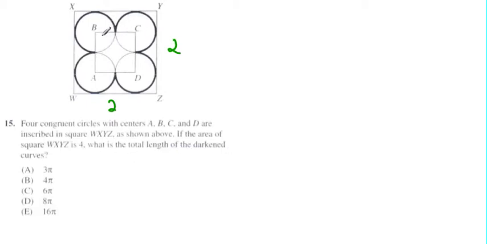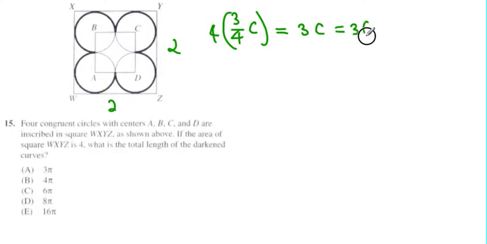So in fact, when you look, we see another small square inside, and each portion becomes 3/4 of a circumference. Well, we in fact have 4 of those. So what we are actually calculating is 3 times a circumference. How do you calculate the circumference? That's equal to 2 pi r